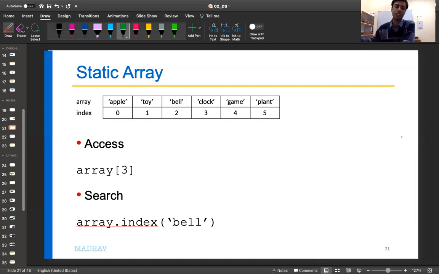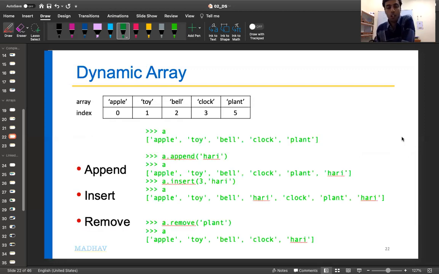If that entry is not there in the array, then the returned value is, let's say, -1 or something like that, or None, which indicates that this value is not there in the array. Now, on the other hand, a dynamic array, in addition to access and search, can also have operations which change the length of the array. For example, appending, inserting, removing.